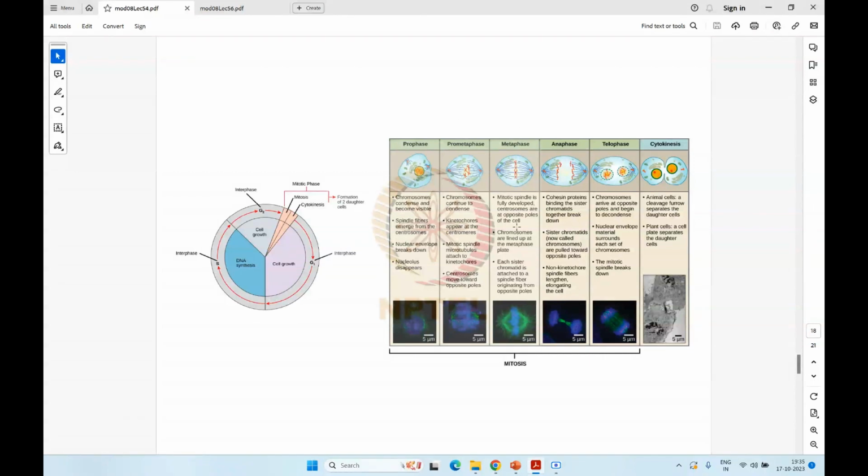They reach their final state only during metaphase. Till prometaphase, the chromosomes are sort of placed all over the cell, so to speak. In the transition between prometaphase to metaphase, the chromosomes would align at the middle of the cell, and spindle fibers that are emerging from the centromeres